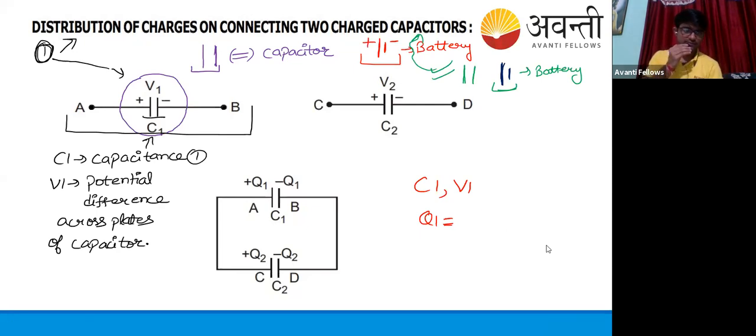Some students, it's a flood of students. Nishita is saying Q1. Ankita is saying C1 V1. Yeah, great, Ankita. C1 V1 is the answer. Kiran is also saying C1 V1. Yuvesh is also saying CV. Okay, so you must write subscript C1 V1, because it represents the capacitance of the first capacitor and the potential difference of the first capacitor. Satyam is also saying CV. Write subscript C1 V1.